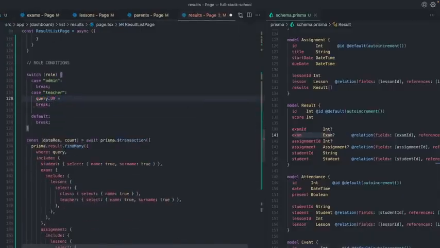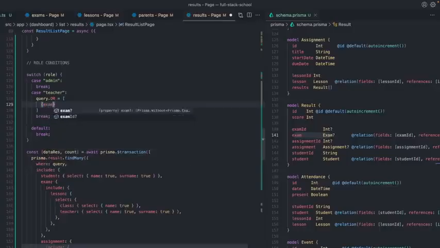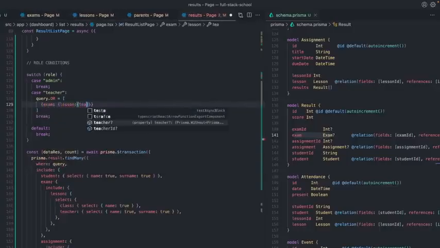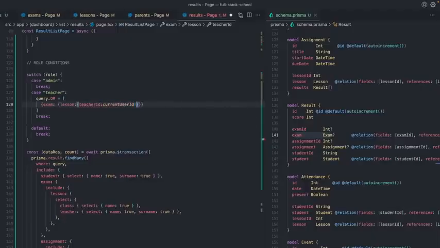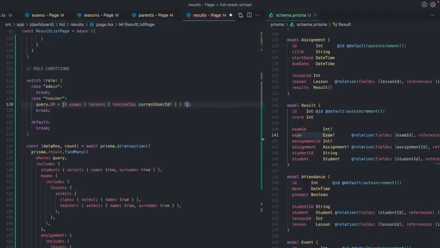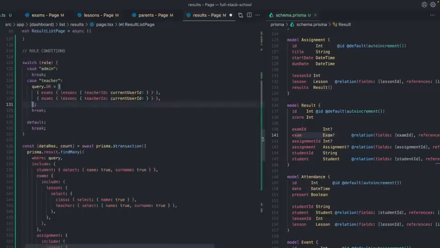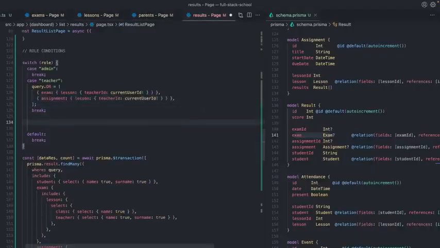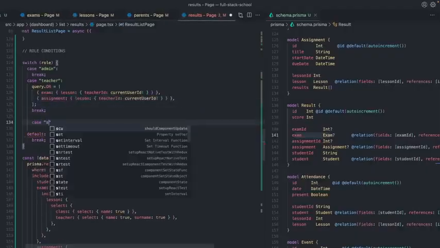query.or exam lesson teacher, and it's gonna be current user ID. And I will do the same thing for the assignment. Just like that. And if the user is a student,